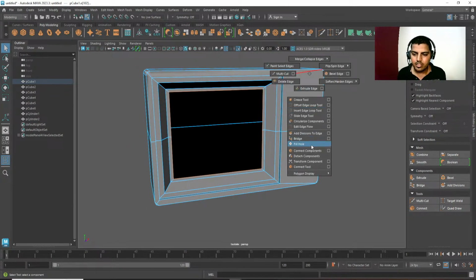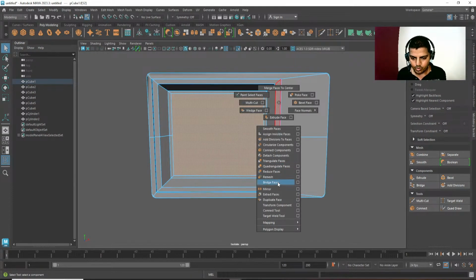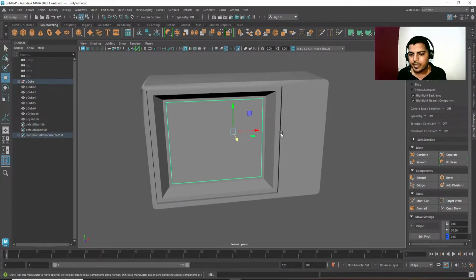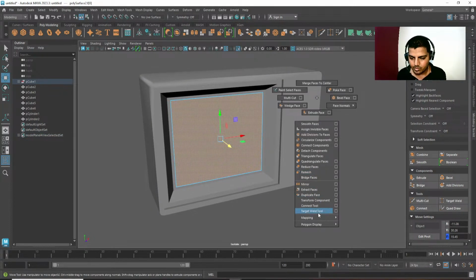I'll just fill this hole by selecting fill hole, and I'm going to keep my display separated from my main mesh. Okay, I'll just give it export,